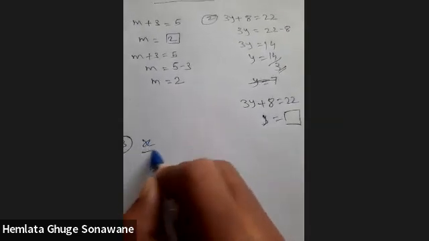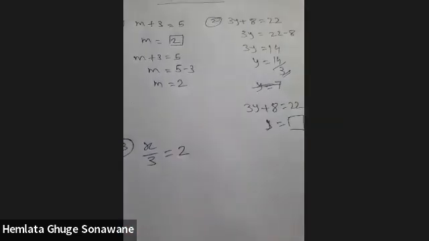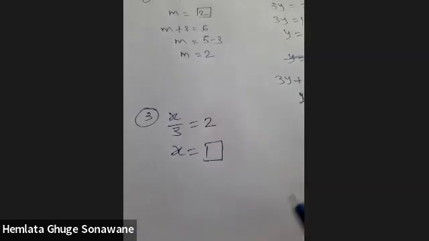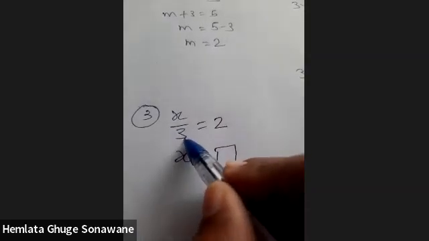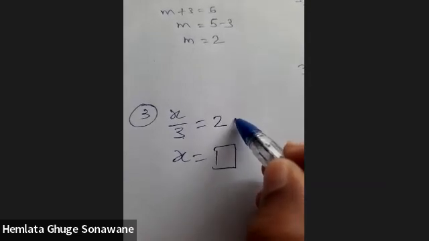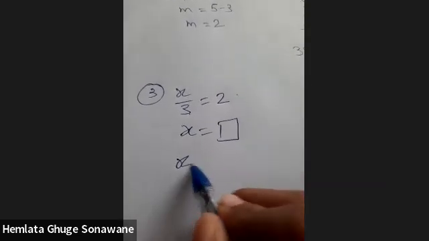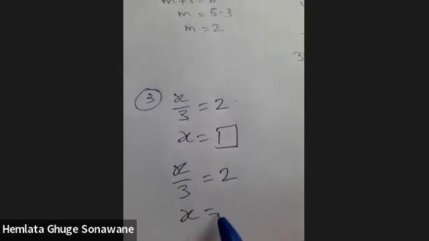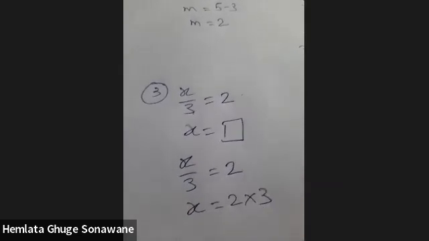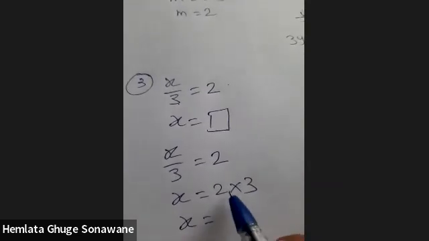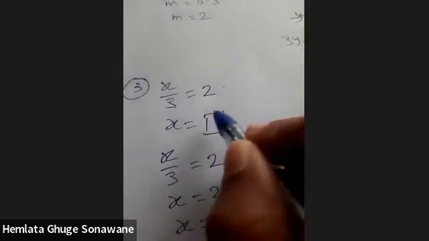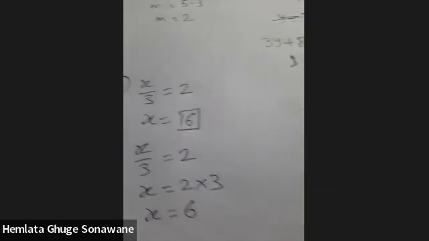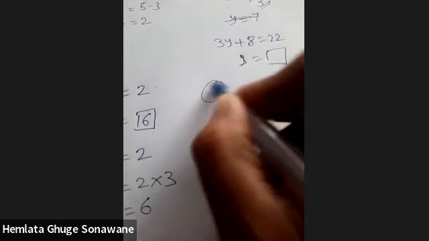x upon 3 is equal to 2. Now what is given? X is equal to box. Now this 3 divides here, towards the right hand side, it multiplies. So x upon 3 is equal to 2. X is equal to 2 into 3. So x is equal to 6. So we'll write here 6. X is equal to 6. Fourth example,